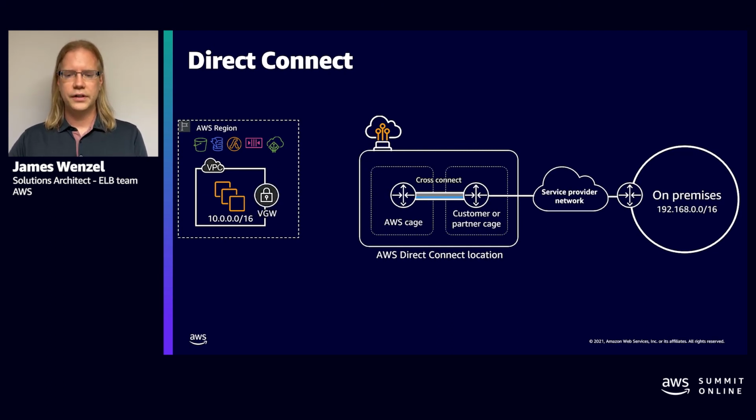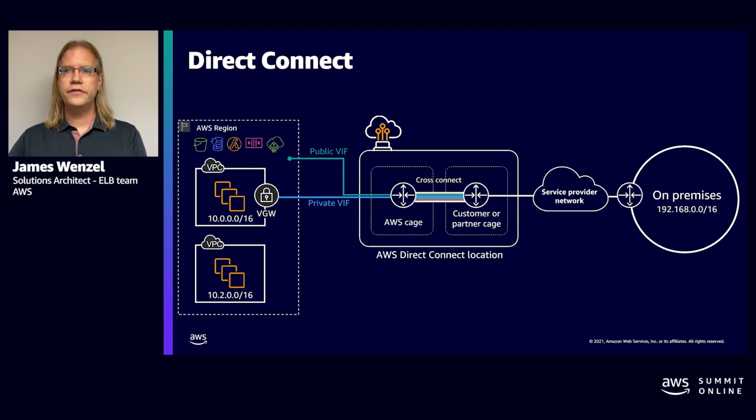And then that will facilitate connectivity to a VGW within a VPC over a private VIF, or it can give you communications over a public VIF. The public VIF gives you a public IP address and allows you to directly access things like your S3 buckets and DynamoDB. The other thing you can do, and keep in mind, is add on more and more connectivity with a dedicated connection, because you get up to 50 virtual interfaces that are either public or private, and you get one virtual interface that allows you to actually connect up to a transit gateway called the TVIF.